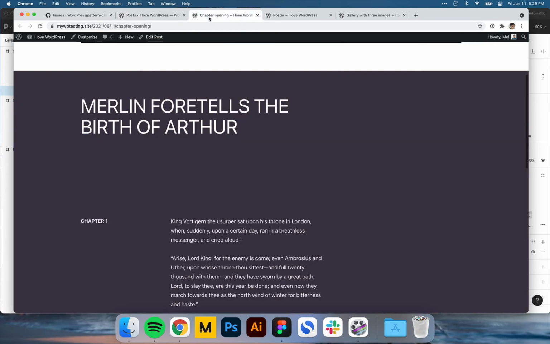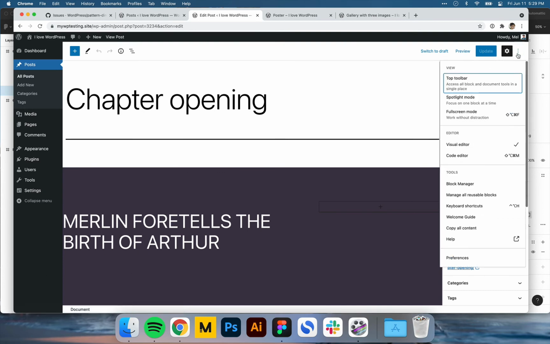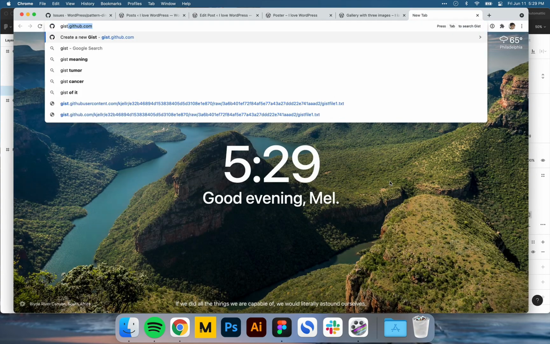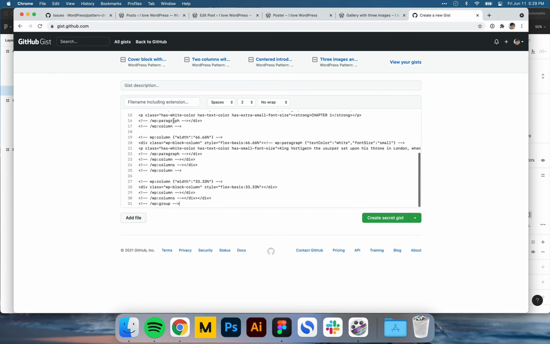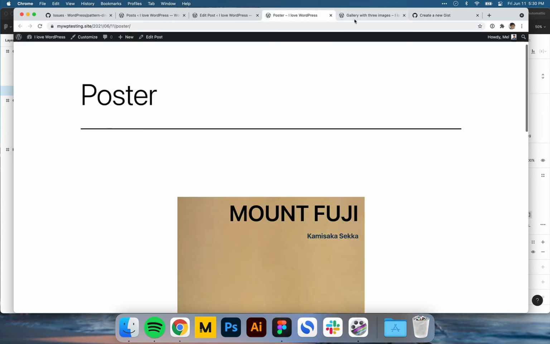So in order to do that, I'm going to go into the editor and I am going to copy all content. And I'm going to make a new gist on GitHub. It doesn't matter what you select, honestly. I'm a designer. I don't care about this kind of thing.